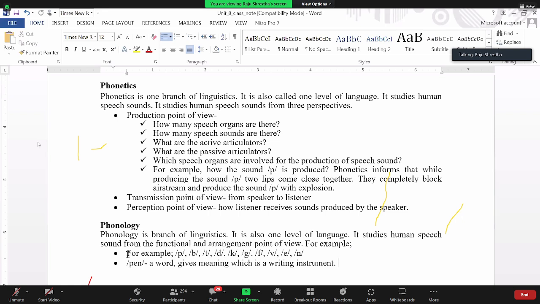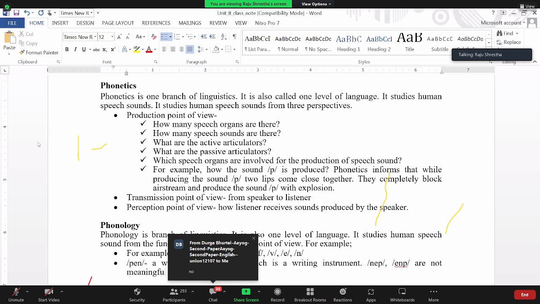Sounds are arranged together in a logical sequence. अब यही साउन्डलाई हामीले चाहिँ न ए प भनेको भए के हुन्थ्यो, न ए प अथवा न ए प अथवा ए न प भनेको भए यसको अर्थ आउँथ्यो आउँदैन होला. ए न प यस्तो, दिस आर नट meaningful. यिनीहरू मिनिङफुल छैन, त्यही भएर फोनेटिक्सले हेर्ने, फोनोलोजीले हेर्ने भनेको सो हाउ साउन्ड्स आर grouped together, arranged together in a logical sequence to form word and then what, give complete meaning, full meaning. So this is the area of